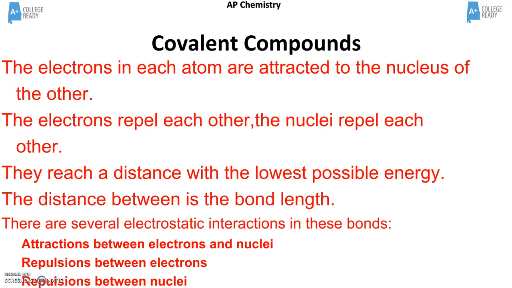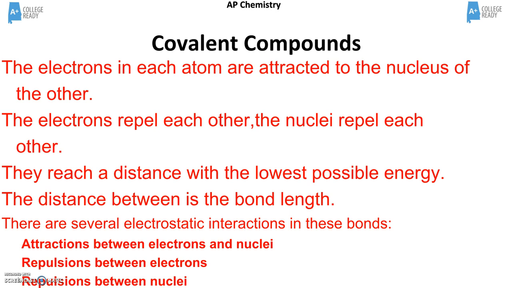Covalent bonds. Remember from our last video, we talked about the three types of bonds: ionic, covalent, and metallic. And I told you that we're going to spend a lot more time on covalent bonds. Well, this video and the next screencast video are all about covalent bonds. We know the definition of a covalent bond is the mutual attraction by the nuclei. So it's not really going to be 50-50. Most things usually aren't. The electrons are going to repel each other and the nuclei are going to repel each other within a covalently